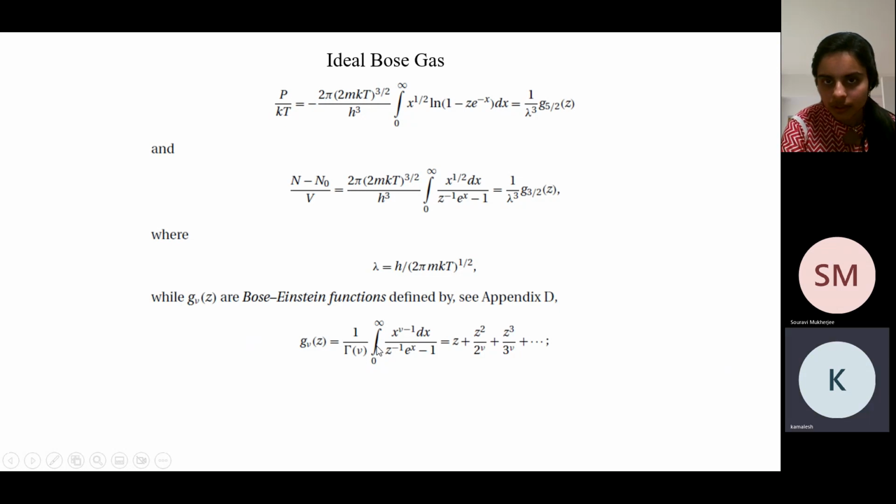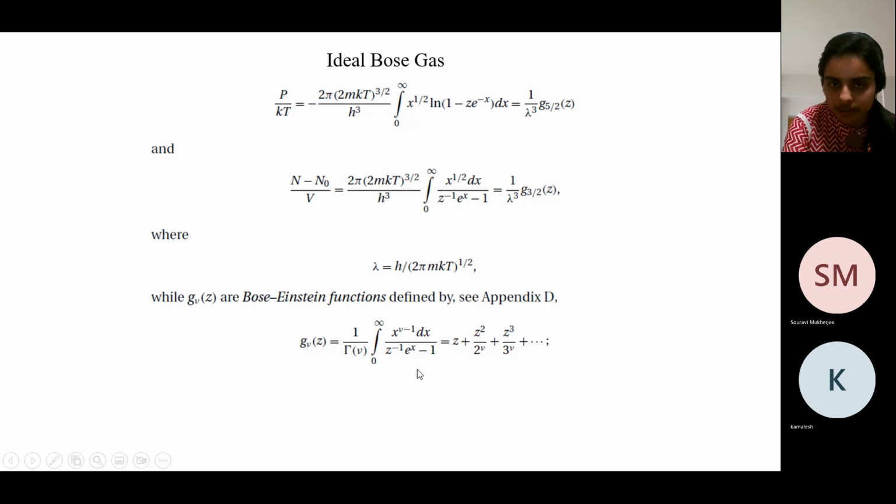Okay, ma'am. So in a way, this integral can be written in terms of this Bose-Einstein function, which is given by this integral. So that's how this is being replaced here. And this integral, if you solve it explicitly, this was from a book where in the appendix it was given how you get finally this series. That's a very mathematically involved derivation.